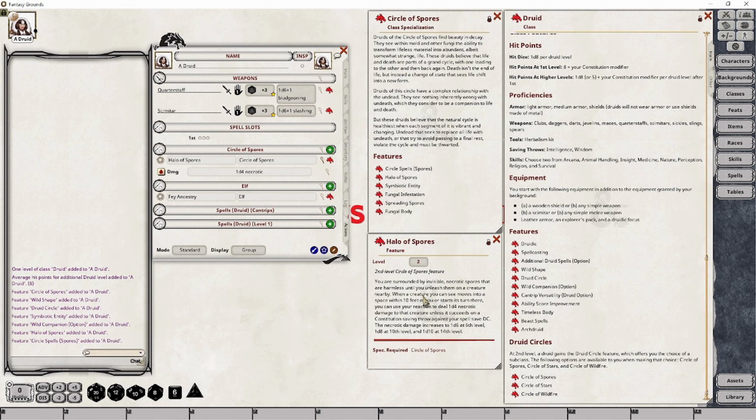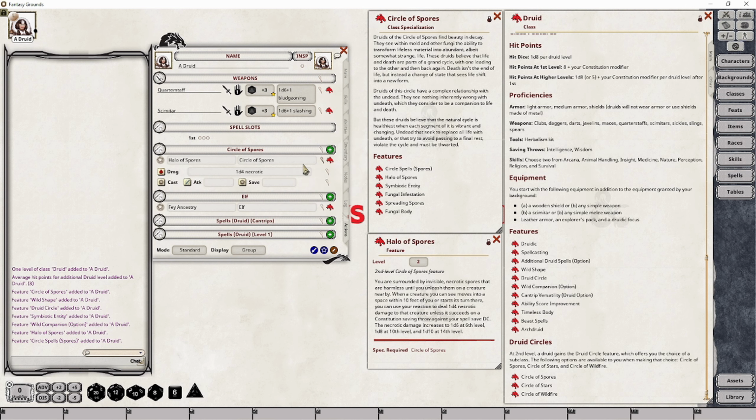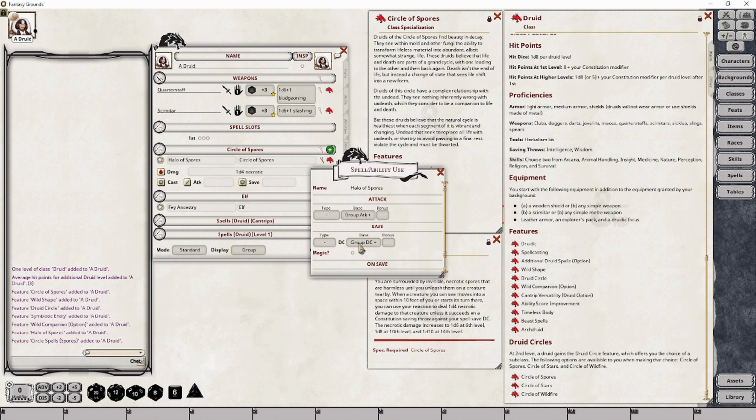Excellent. The only thing that is missing is the Constitution saving throw, so we have to go through and add that. Now that falls under the cast. It's not obvious, but this is where you're going to find this. And what this is going to do is it's going to be a Constitution-based saving throw that uses your group